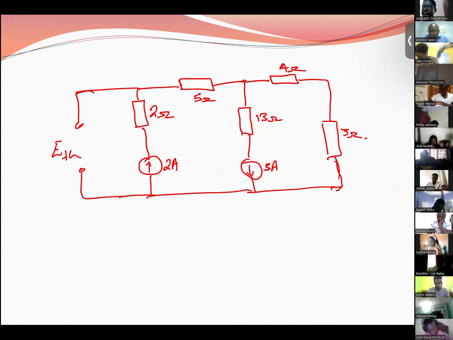Now, based on this circuit, with the opening at the 8 ohms, which method would you want to use to solve this? Nodal analysis. What's that, Mr. Reed? Nodal. Okay. All right. So in using nodal, which